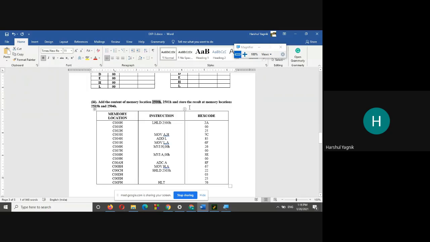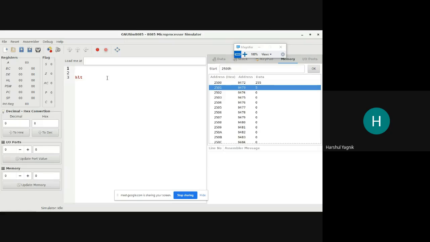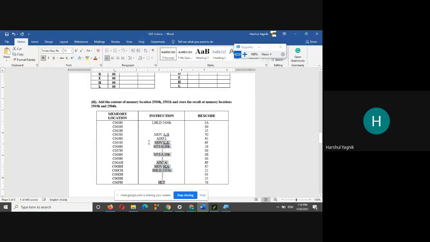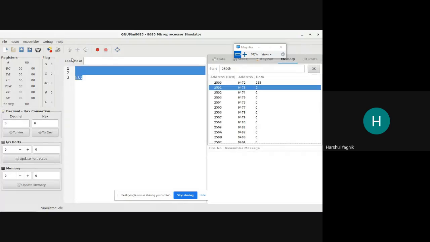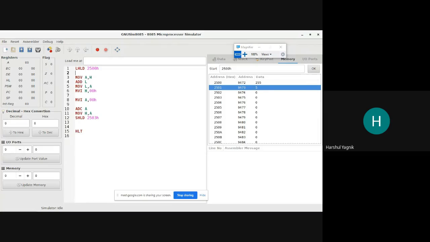So for that, we first execute the instruction LHLD. One by one, we see how this code is working.